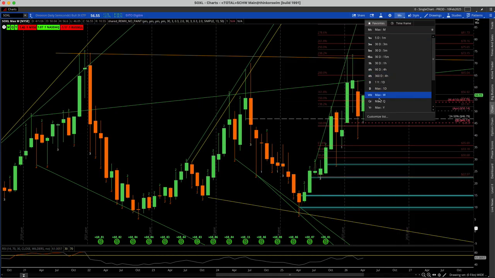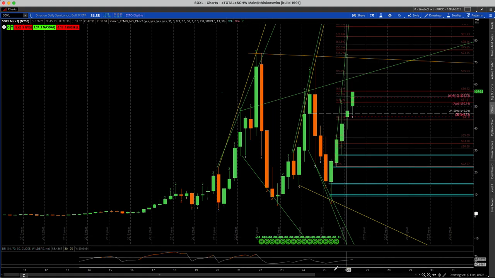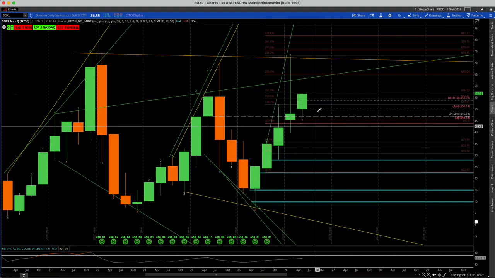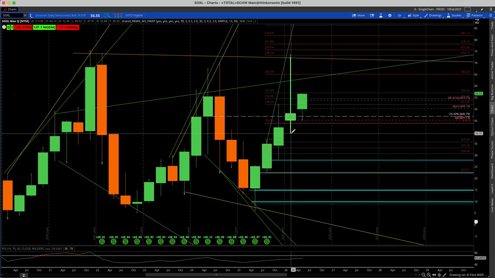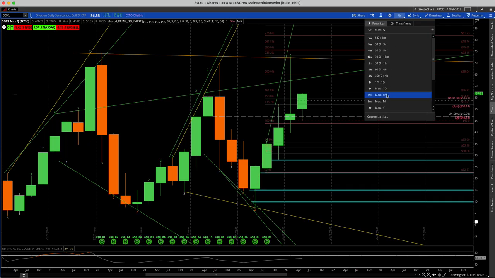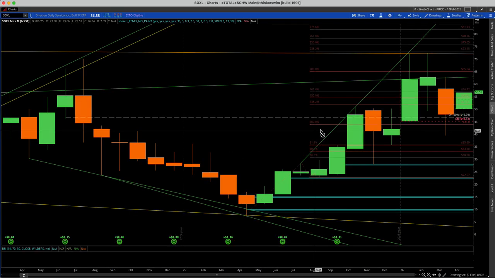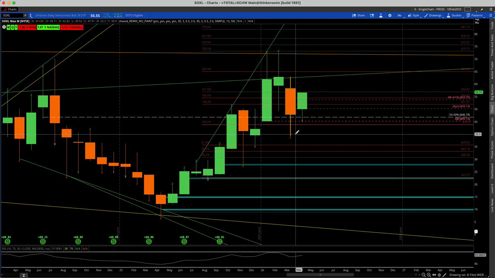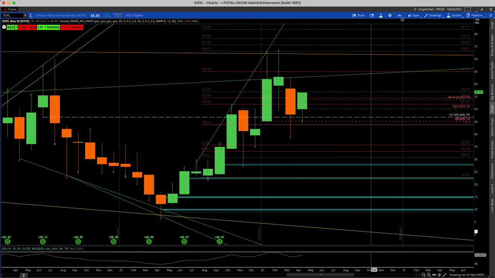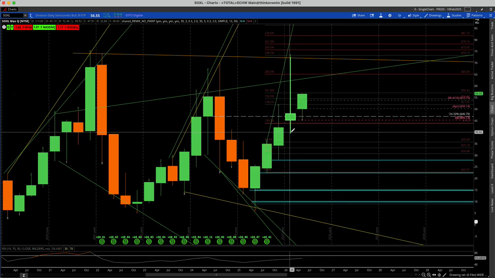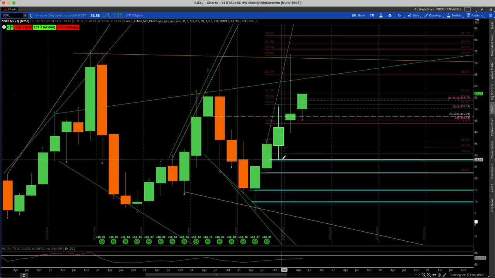On the quarter, we got to wait for the month to trigger, because if that one combo 2 up, combo 2 down does trigger to the downside, right? That triggers at the $39 level. Let's go back to the month, right? For that to trigger, we have to go below the low of March, which is 39.52, right? So if we go to the quarter, we look at the low of last quarter is 39.52. If we go below that, then we trigger this 2 up, 2 down, which also has a magnitude down here